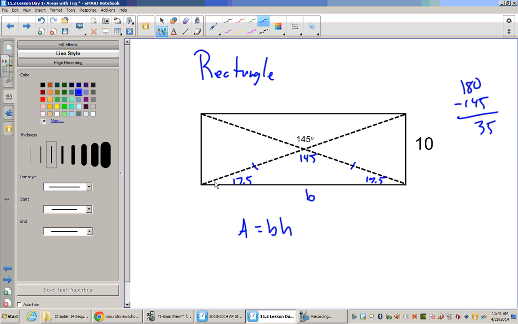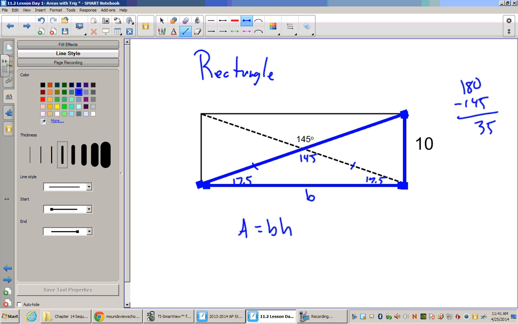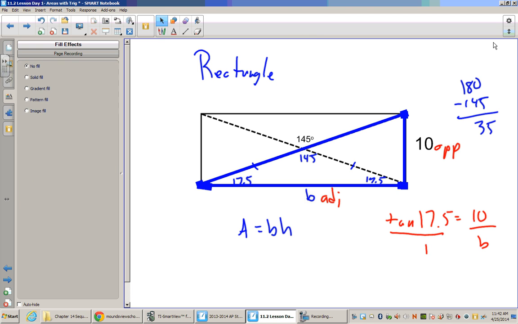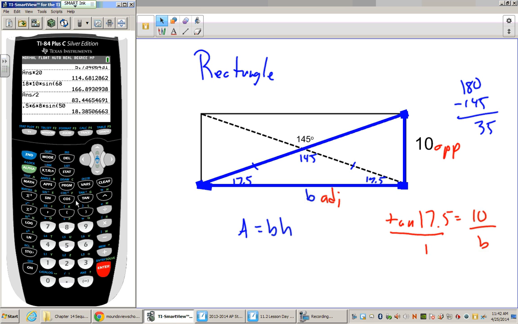Now that I have that, I can create a triangle. I'll do this in blue, where it's a right triangle, where I know one angle, 17.5, its opposite side, I could get its adjacent, because this would be opposite, this would be adjacent. Opposite over adjacent is tangent, so I'd say the tangent of 17.5 is my opposite, which is 10, over my adjacent, which is b. Now to do tangent of 17.5,